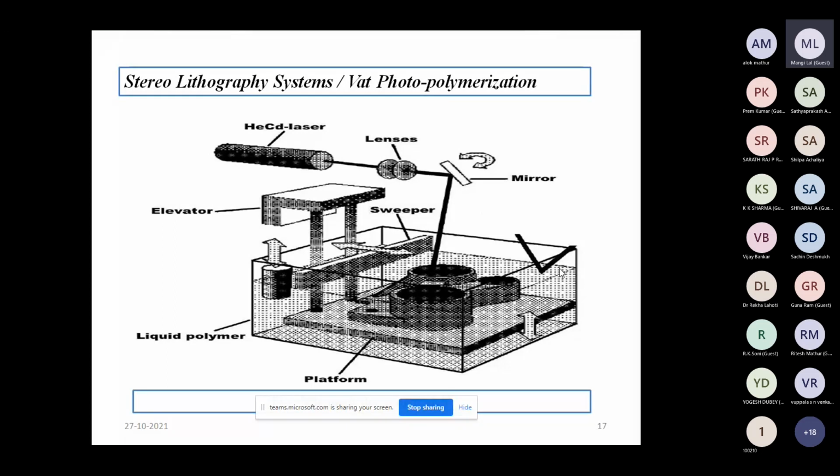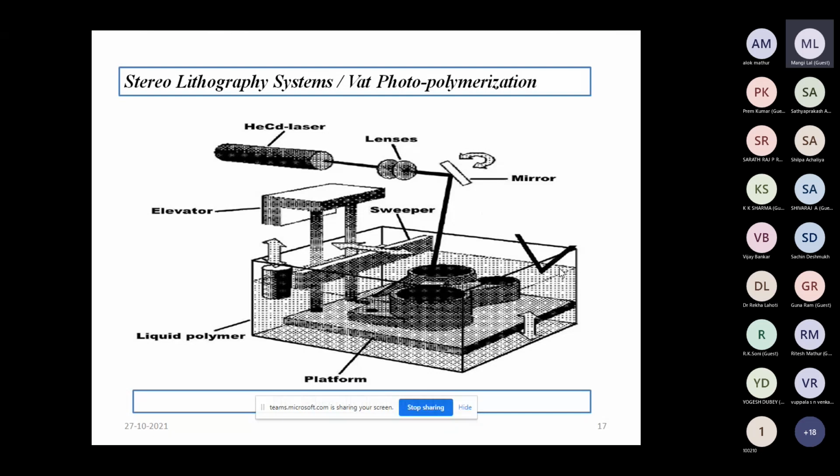Then the platform goes down with the help of an elevator in the Z direction, and the laser works in the X and Y direction. As the layer is generated, the platform goes down by one layer, and another layer is formed according to the thickness required by the CAD design model.